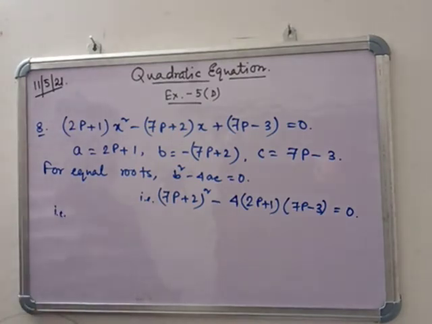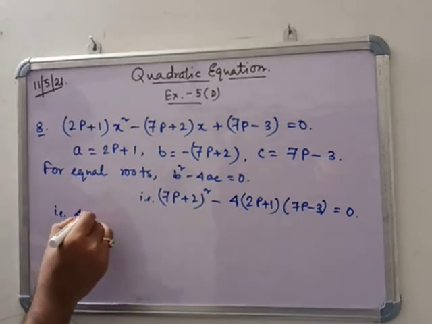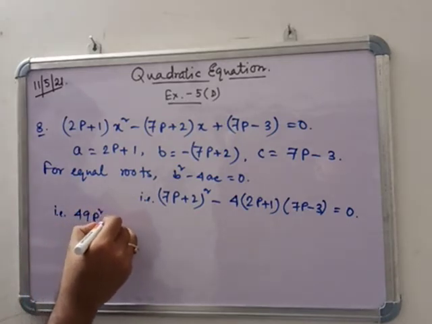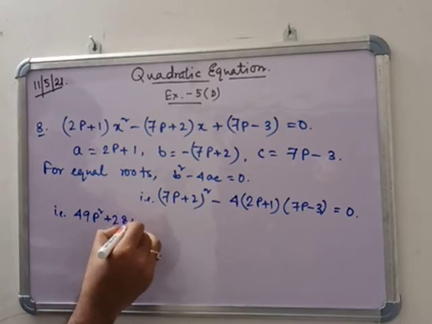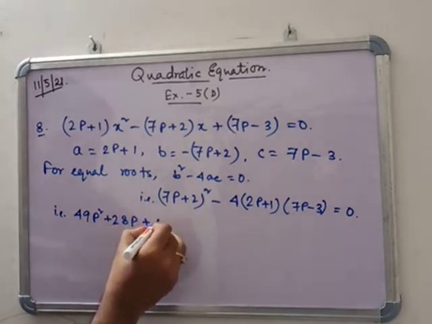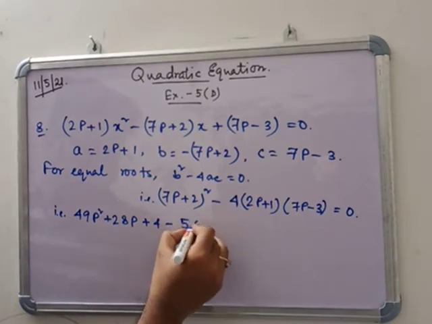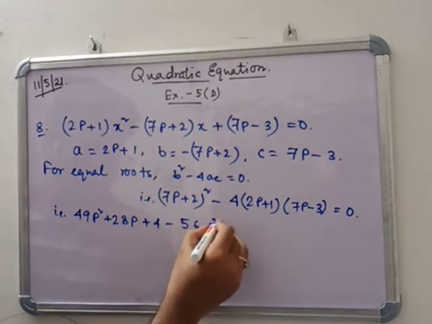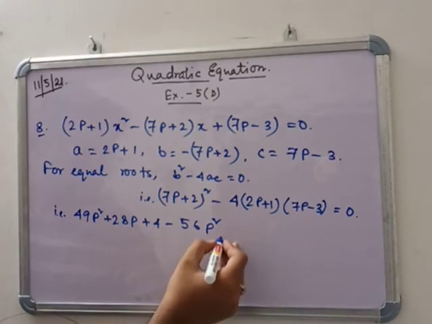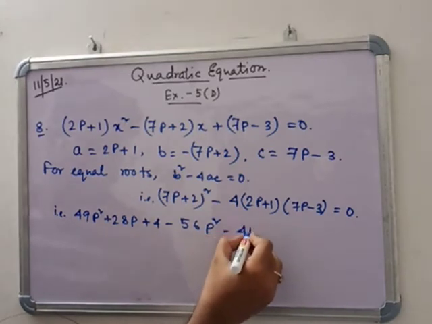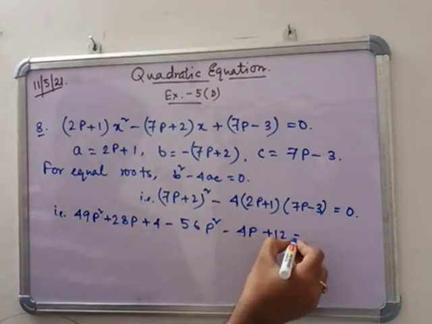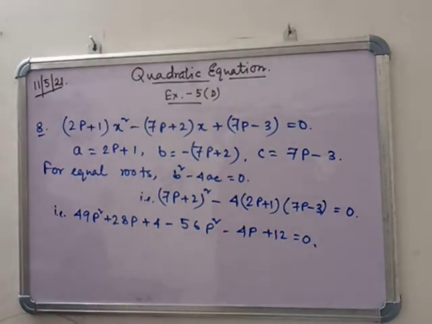Now calculate it. So 49p square plus 28p plus 4 minus 56p square minus 4p plus 12 equals to 0. Okay. Now,